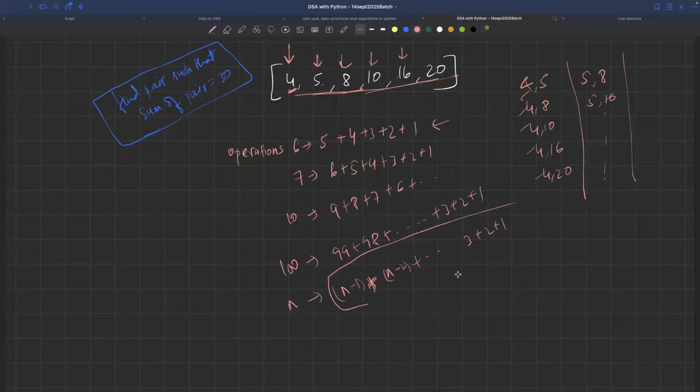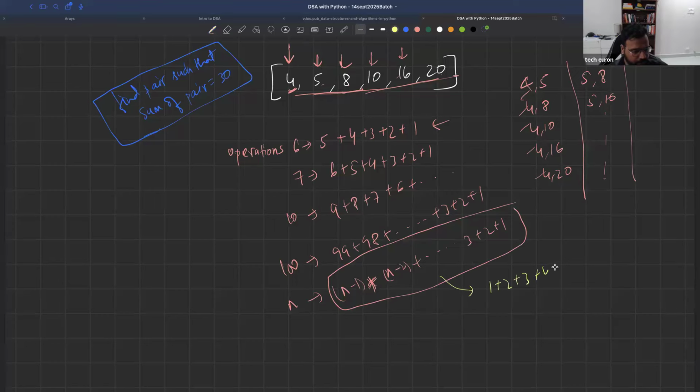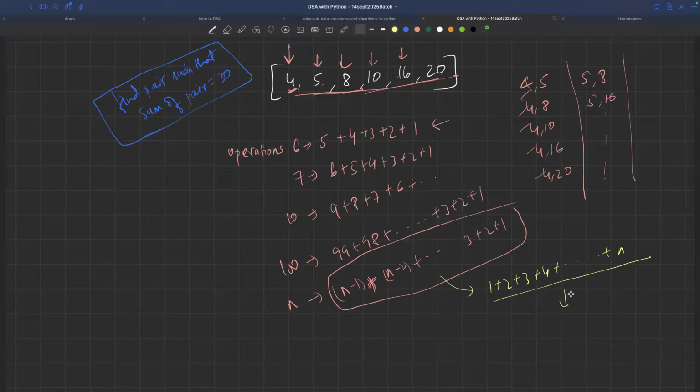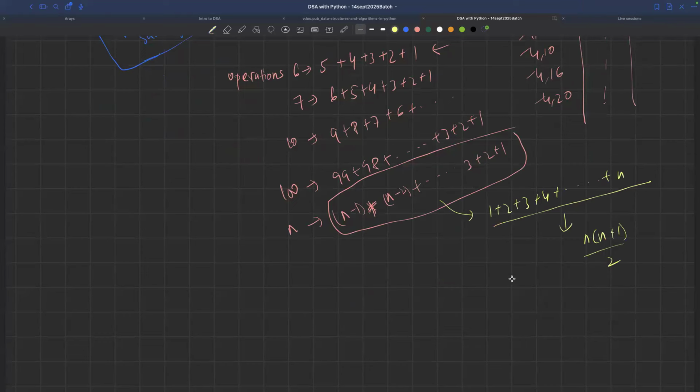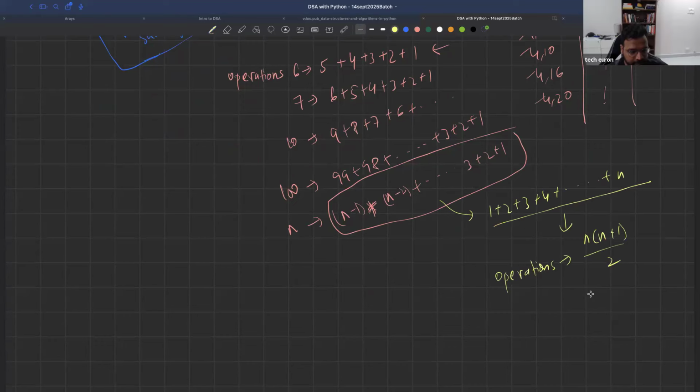तो ये जो होता है इसका सम क्या होता है? 1 + 2 + 3 + 4 + ... + n, इसका सम होगा n × (n+1)/2। इतना ऑपरेशंस आपको करना पड़ेगा। इस ऑपरेशंस में क्या है? n²/2 + n/2।